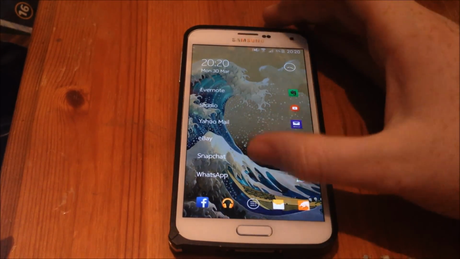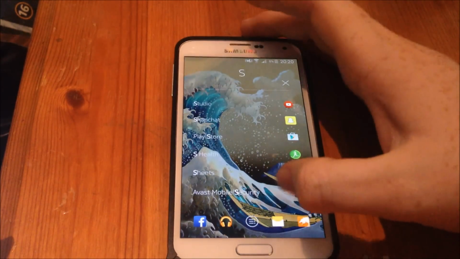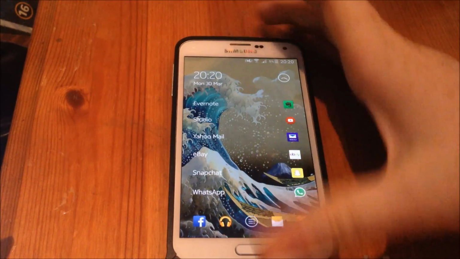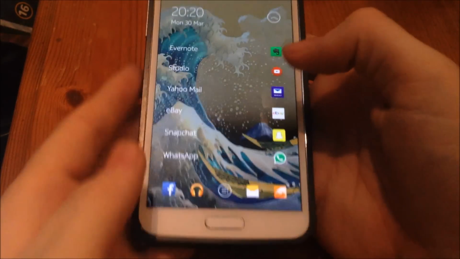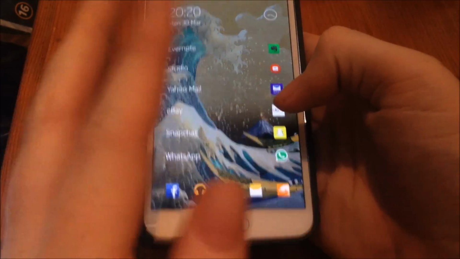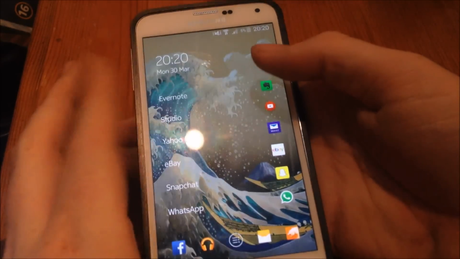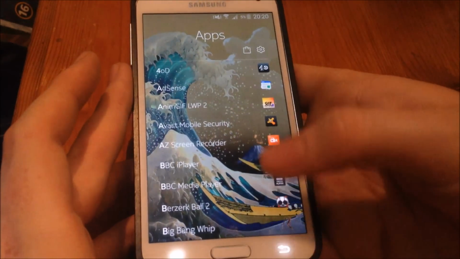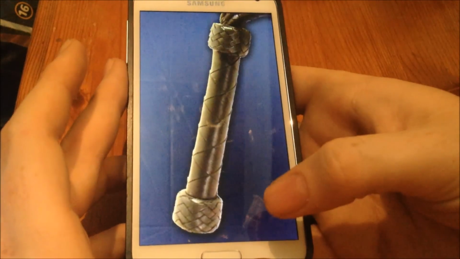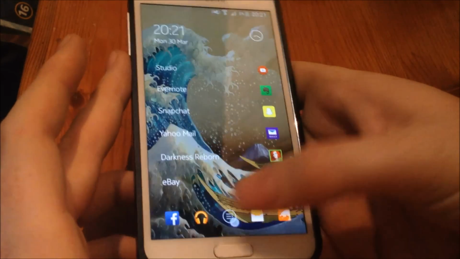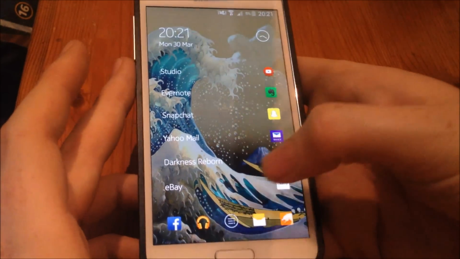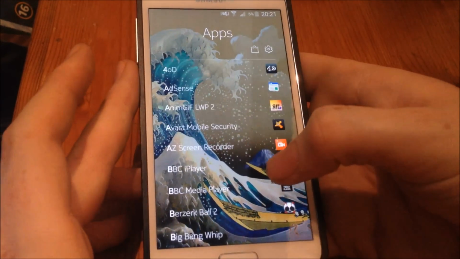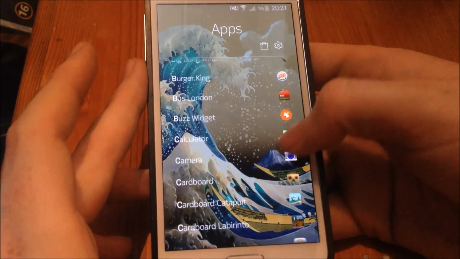Number 10 is basically you can clean up your home screen. So as you can see there, this launcher, it's pretty out there. It's got a lot going on. It's got the time, it's got apps there, and it's got apps there. I like a lot of stuff on my home screen. You can choose home screens that are a lot less cluttered. So if I wanted Holo Launcher,